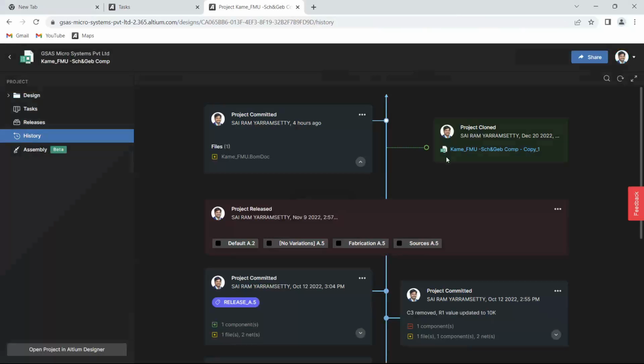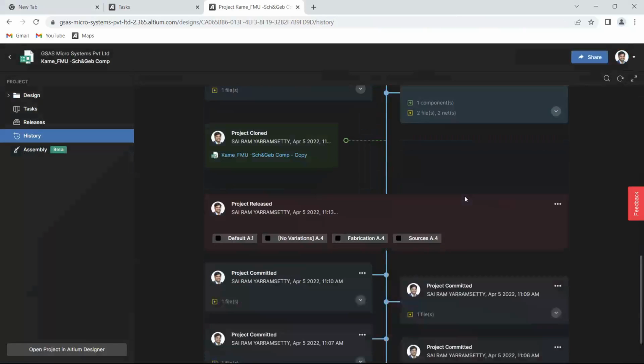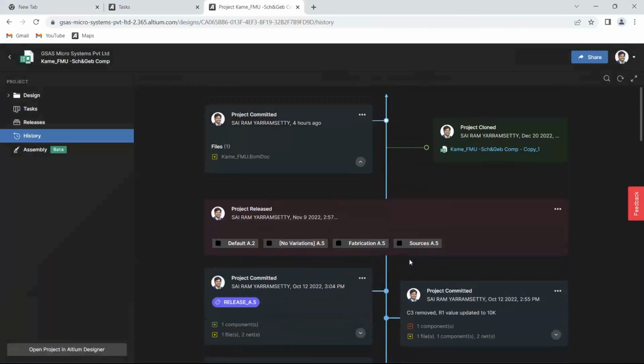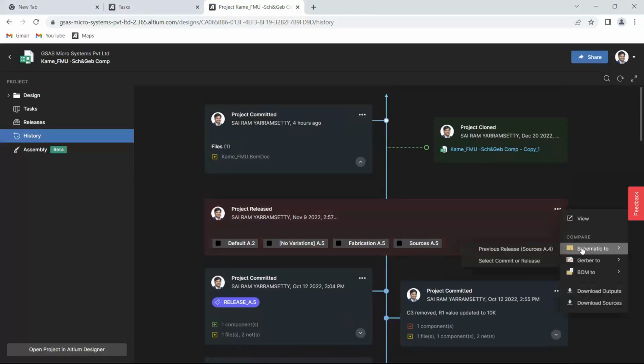If you go to the history panel, you can see all the history of the project. And here you are able to compare your commit with the previous commit or the latest commit, and you can also compare your previous release with the latest release. Now let us see. I want to do a comparison of this release with the previous release with respect to